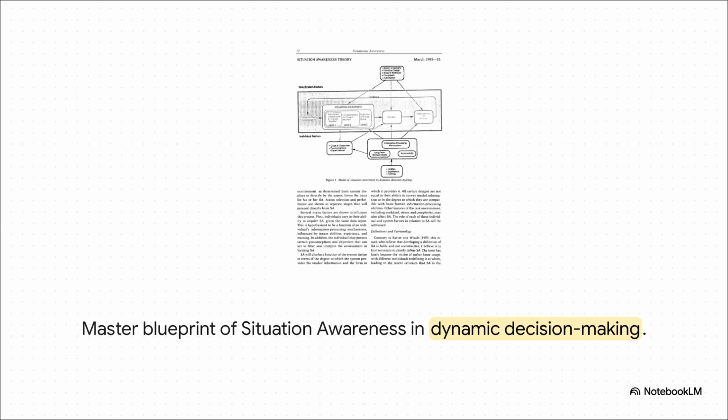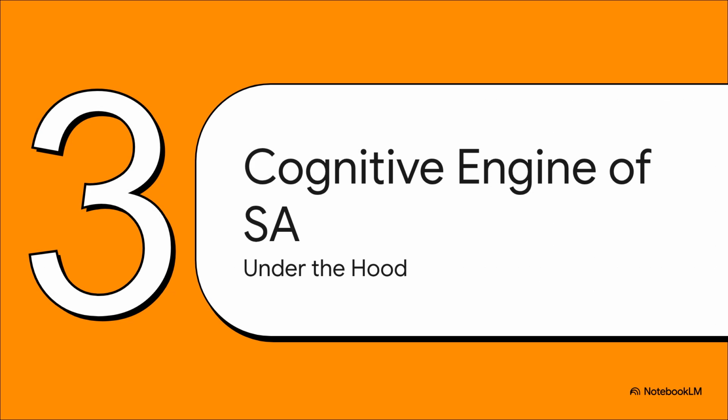Now, what's really fascinating here is how all these concepts come together into a master blueprint. Right in the center, you've got those 3 levels of SA. And notice how that entire block happens before any decision or action takes place. Then, check out all the inputs feeding into it. Down below, you've got individual factors, stuff like your personal goals, experience, and memory limits. Up top, there are system factors, like your workload or how a dashboard is designed. All of these different forces are constantly converging to either build up or completely tear down those 3 levels of situational awareness.